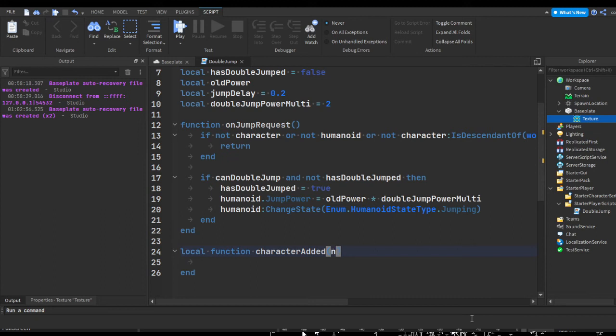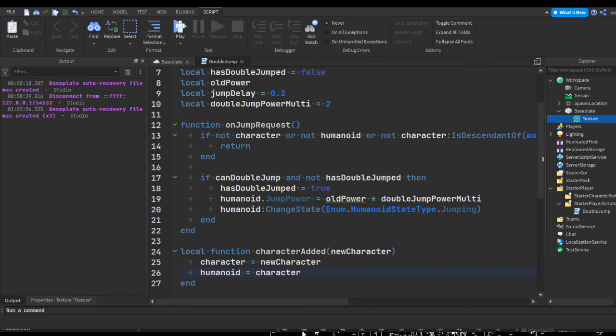So let's pass new character. This is the character of the player, and we're just going to do character equals new character. So that sets our character value to the player's new character that has been loaded in, and the humanoid is going to equal character,